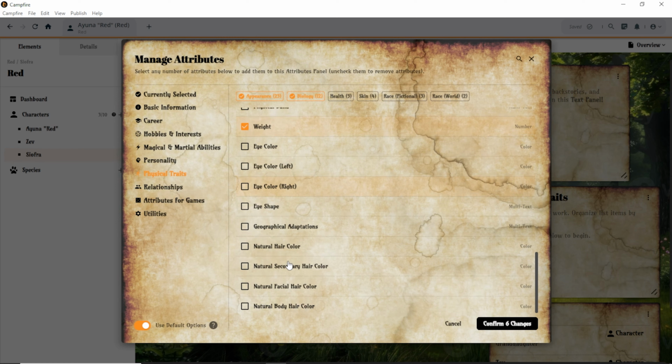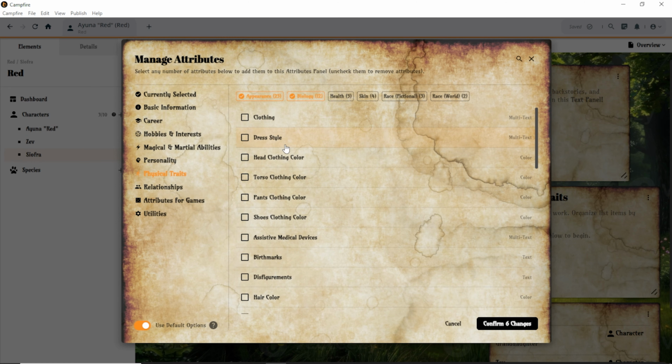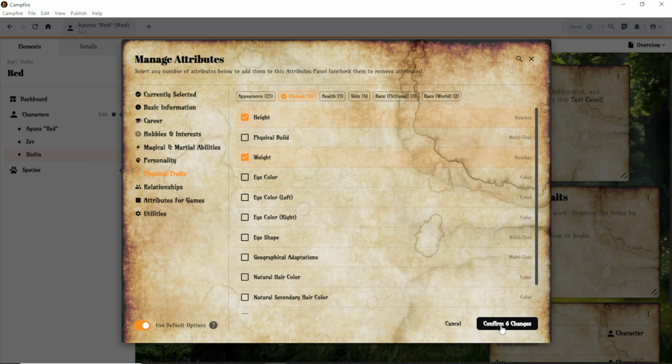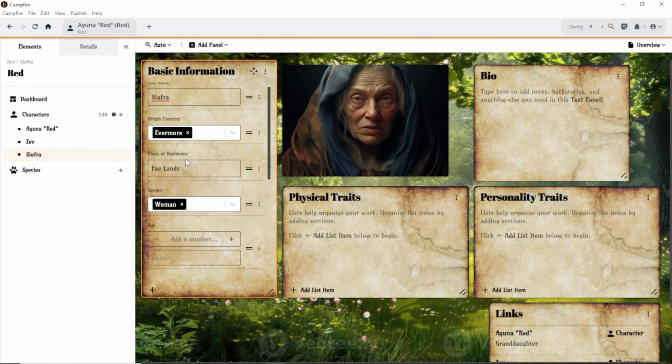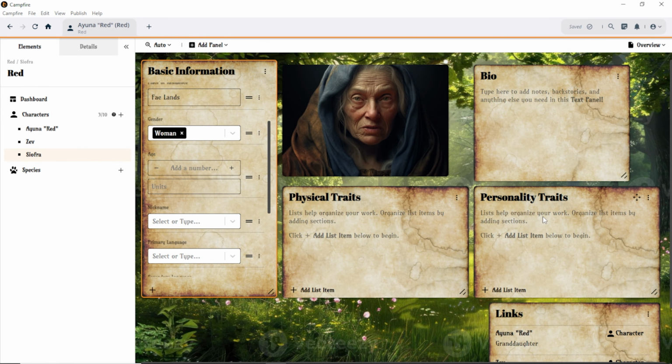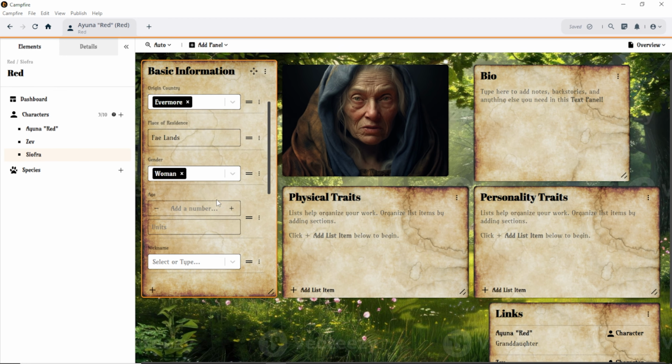And I'm going to leave the rest of the stuff here because what I'm really looking for is, like I said, basic information. Anything else, whether it's eye color or any other descriptions, I'm going to leave under physical traits. So I'm going to do that here. Personality traits, we can type whatever we want on here. And then of course, bio, just a short little backstory. Okay, so let's say that she is,